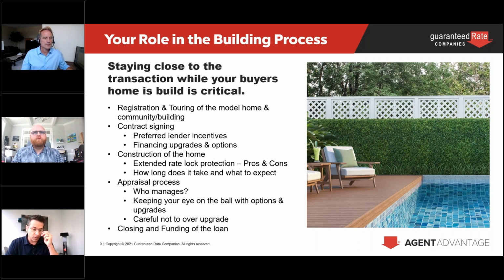So those are a couple suggestions there. Appraisal process, we just put that there because we see some situations where the realtor sort of checks out after the transaction's been underway. Doesn't mean you shouldn't check in every once in a while. Talk to your preferred lender, talk to your customer, stop in the sales center, make sure that the house is